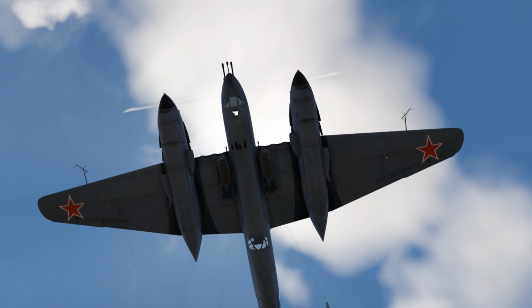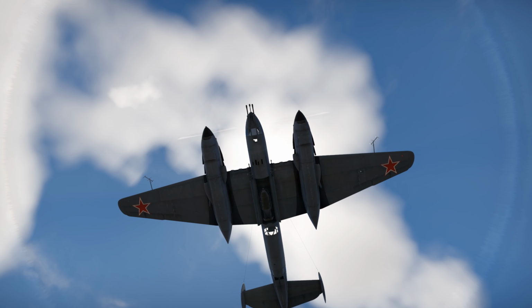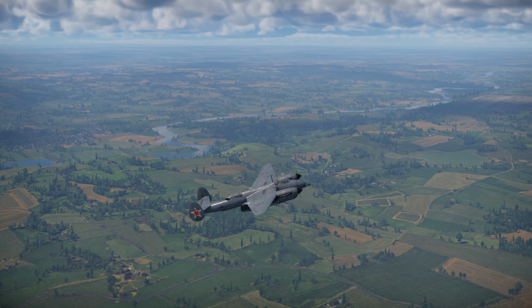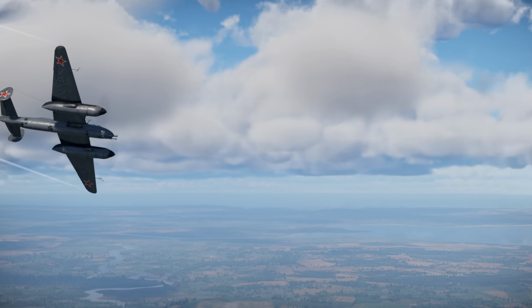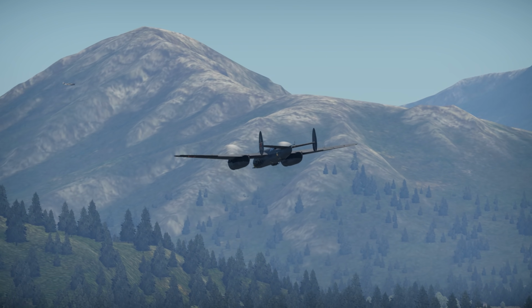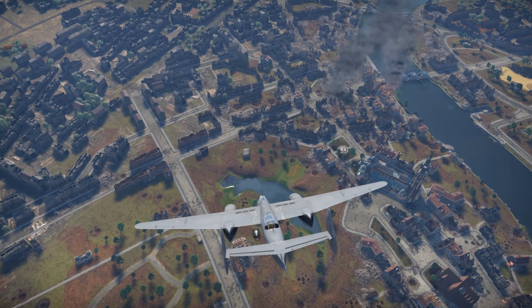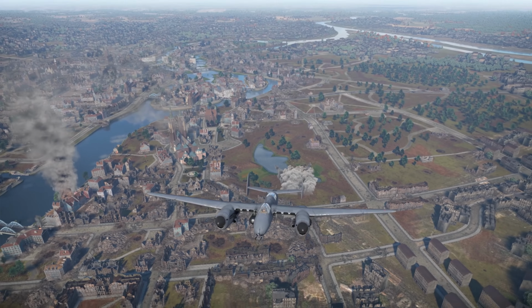In addition to good guns, there is up to 3 tons of bomb load, with a possibility of carrying 3 one-ton bombs at once. Flight characteristics. The Tu-1 is powered by 2 Klimov M-43V engines, 1,600 horsepower each, giving out a good 687 km per hour maximum speed. The climb is also decent, up to 11.5 meters per second, and the turn time is 29 seconds. With bombs, of course, everything is a little worse, but for the main task of the aircraft, this is quite